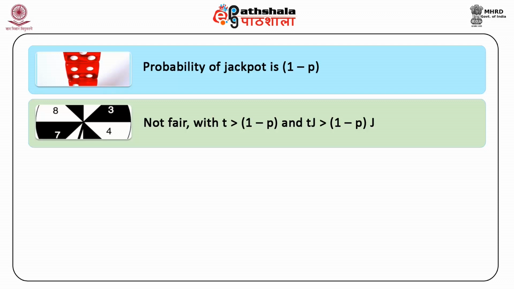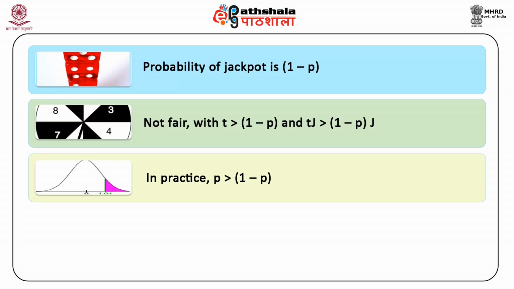This enables the lottery or the gambling establishment to not only pay out the prize but also meet its administrative expenses and earn the required return on its capital. Furthermore, in practice, T is greater than 1 minus P. The expected value of this gamble is